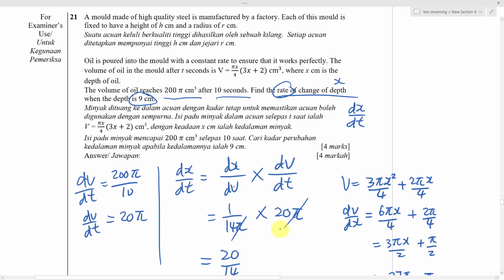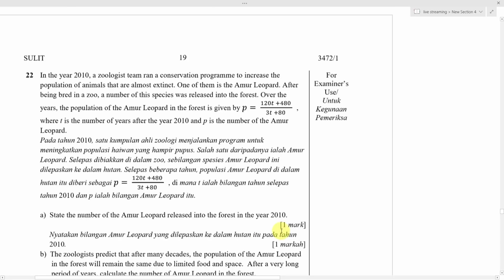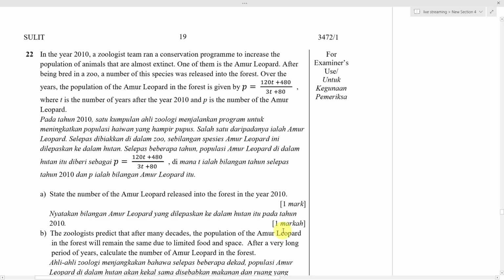I mean, how do you get 40 pi? Yeah. Answer is 10 over 7. Okay, then I will move on. Alright,